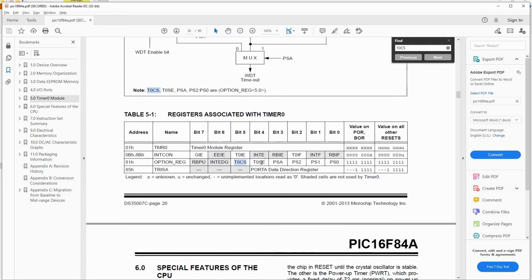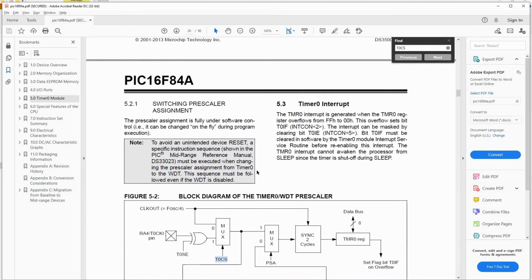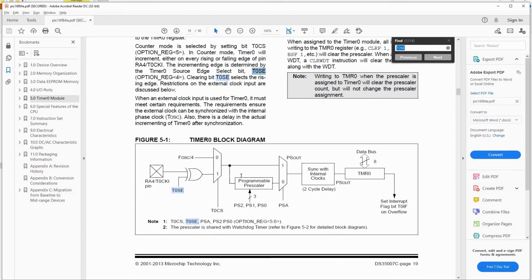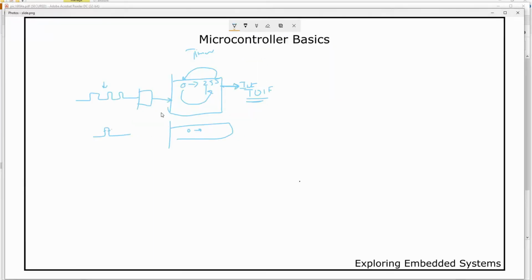Then Timer 0 SE. SE is the Timer 0 source edge select bit. Basically, it decides which edge you want the counter to increment on.